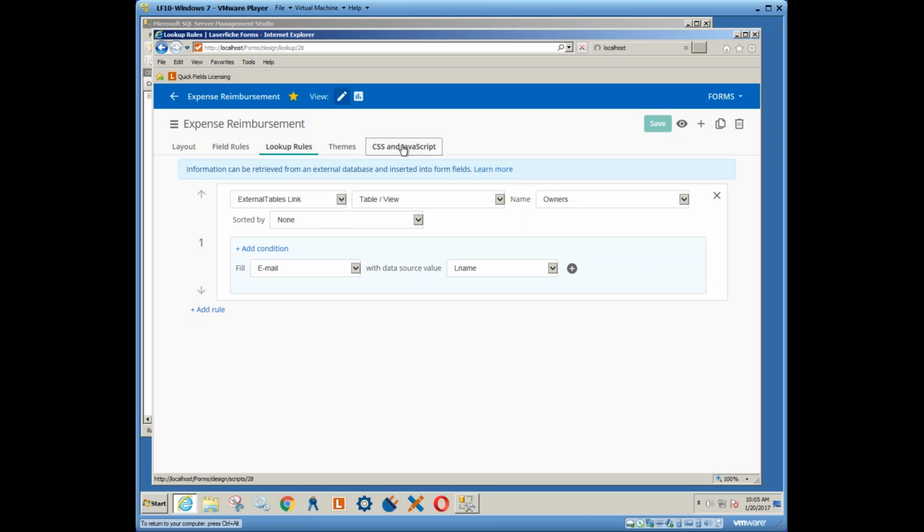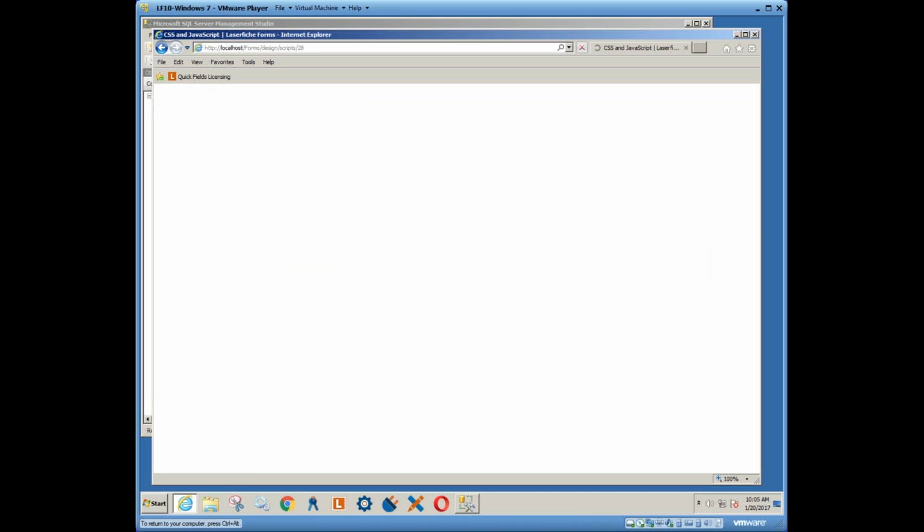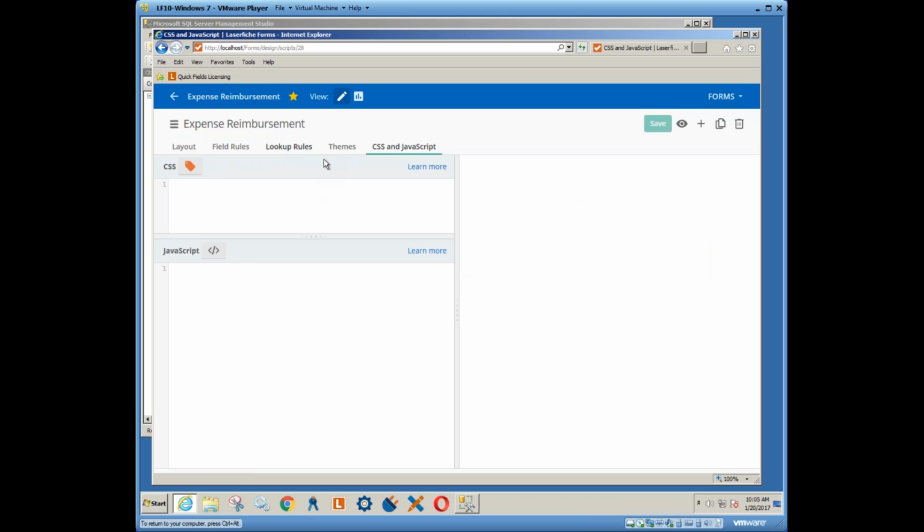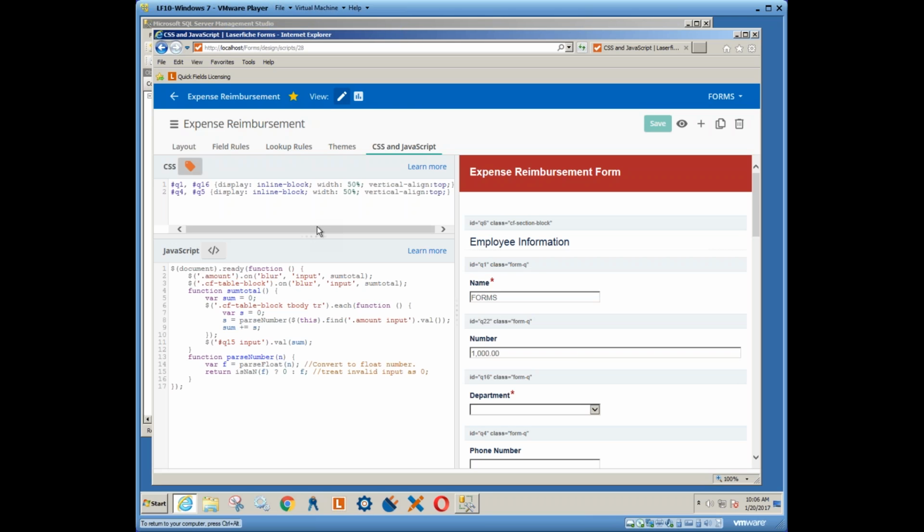Totally. Therefore, they might need to get some help on CSS and JavaScript. This is where the coding comes in. How do you make it really pretty? How do you make it look this, that, and the other? This one has some built-in coding for CSS. One of the most common is inline block, which makes